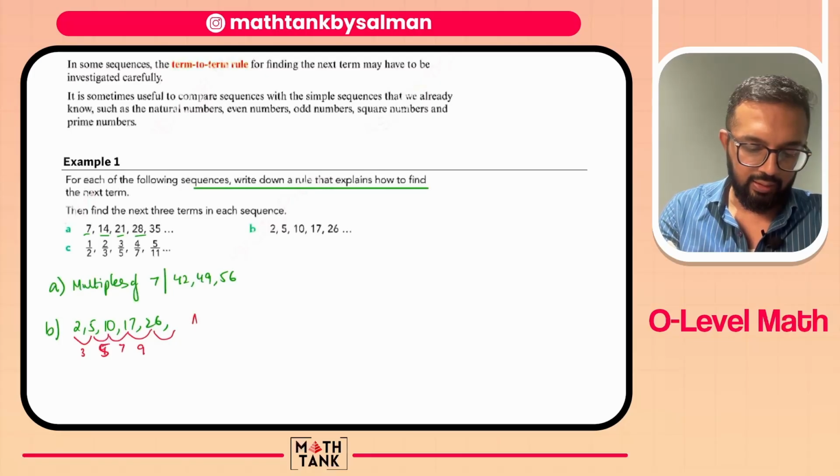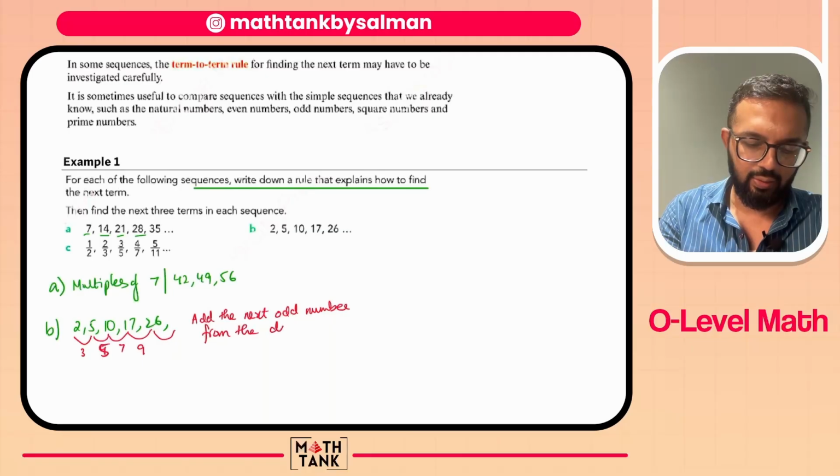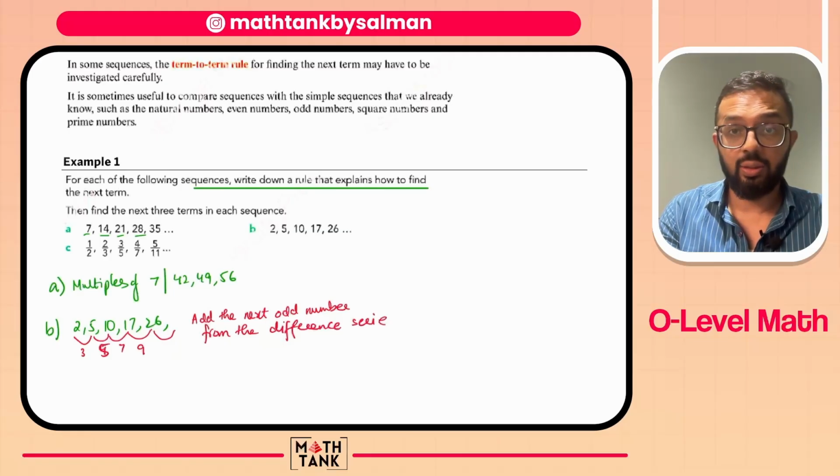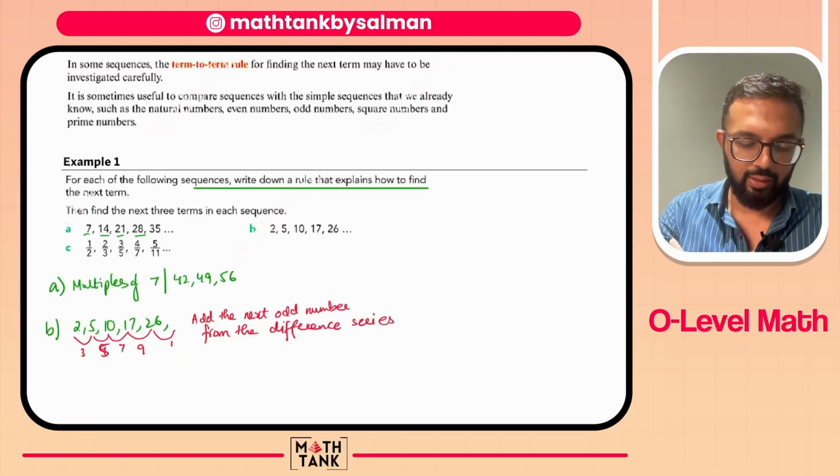It's basically add the next odd number, series, odd number from the difference series. Okay, so we're able to describe them as rules. Honestly, I don't know what the actual answer says, but I'm just telling you, you need to add 11,